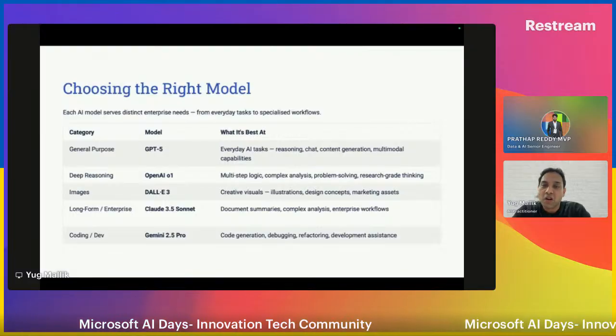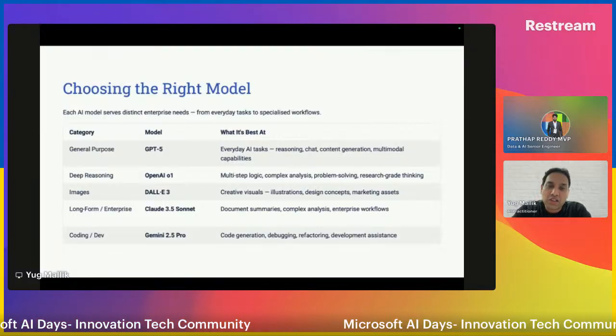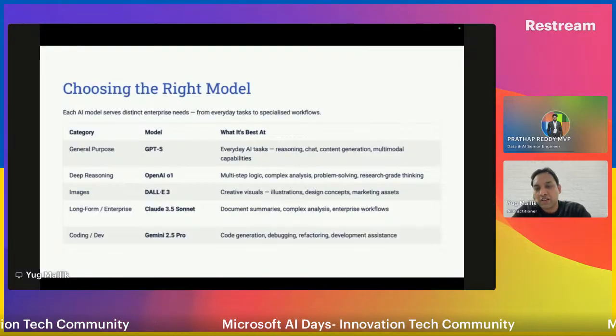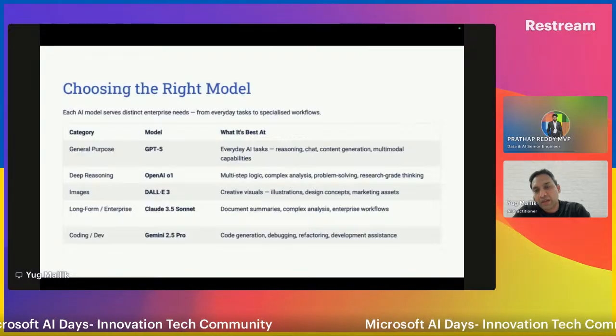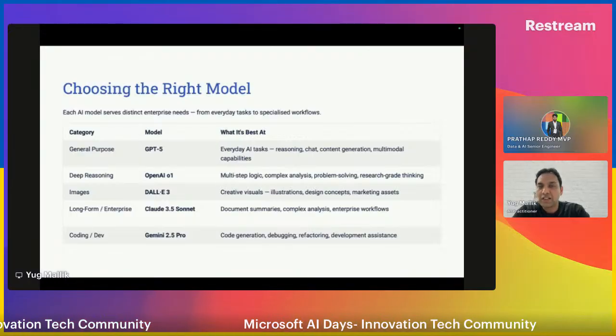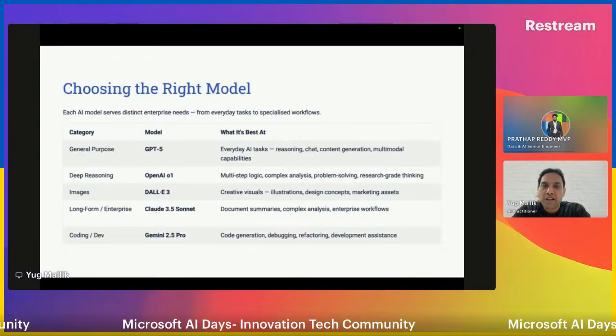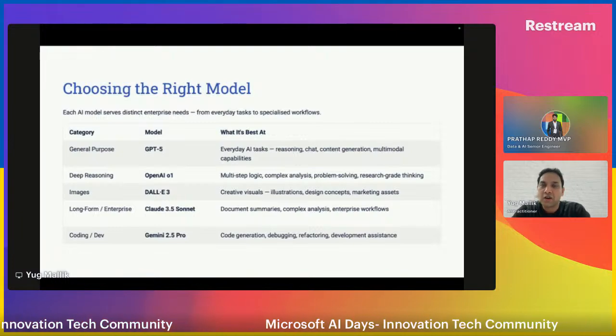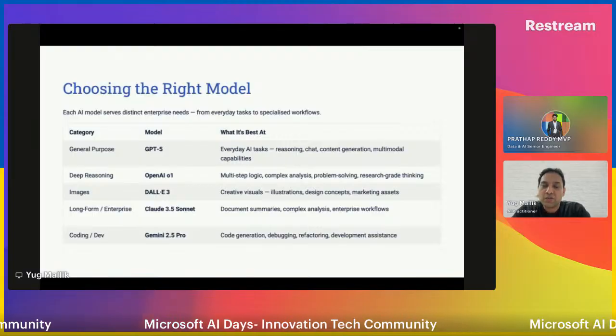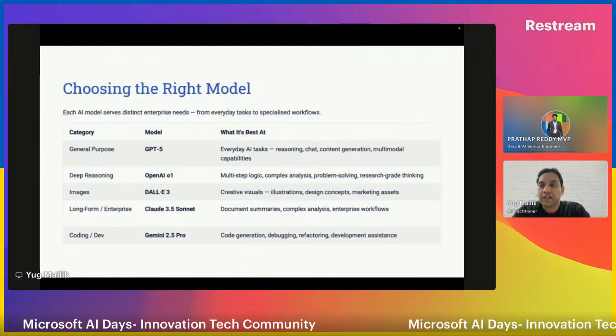Depending on that, you can better align these models to your work, your requirement, or any use case that you are going to develop. Otherwise there will be a mismatch in the expected outcome, because not all models are designed to provide the outcome that you intended.